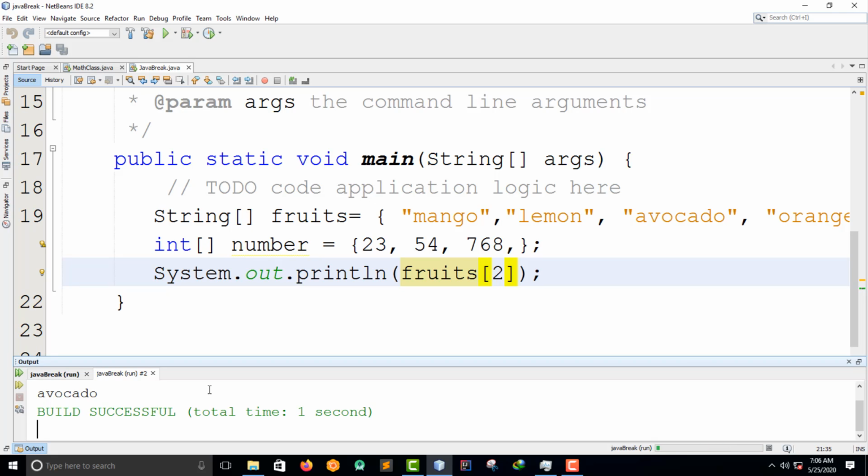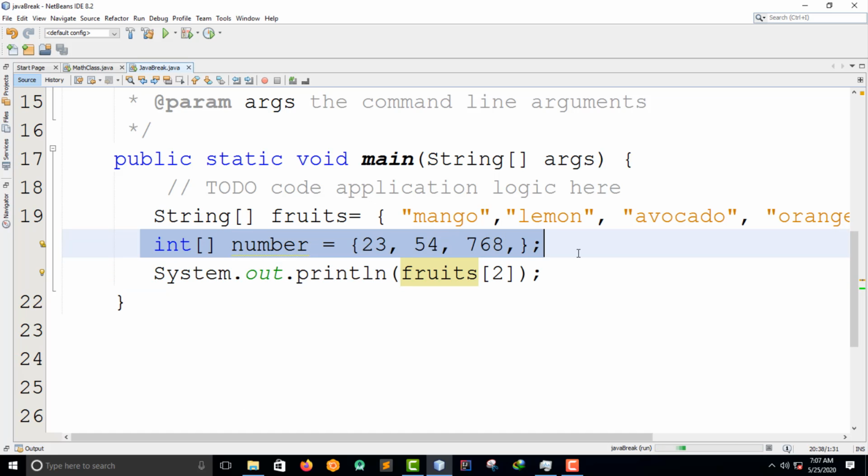So let's see how we can change an array element. To change the value of a specific element, we refer to the index number. For example, here I want to change a certain fruit. Let me first remove this.